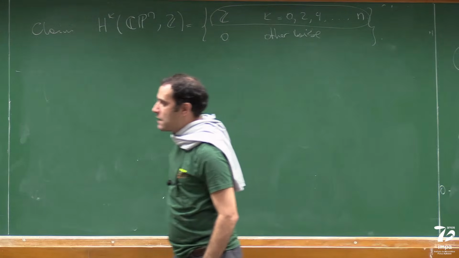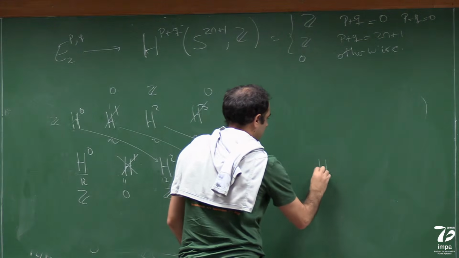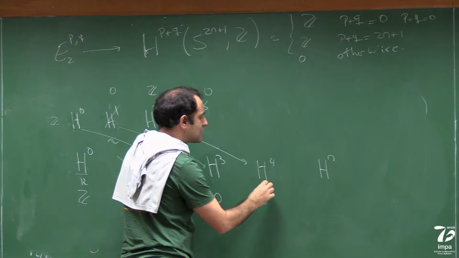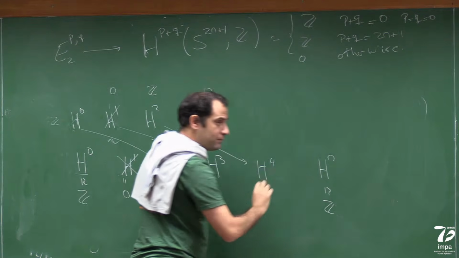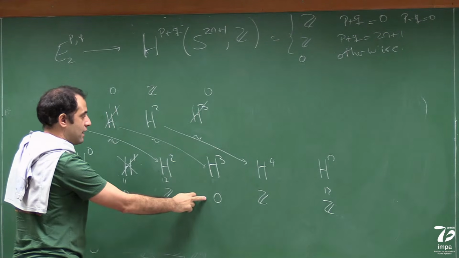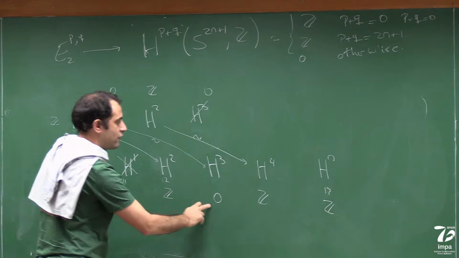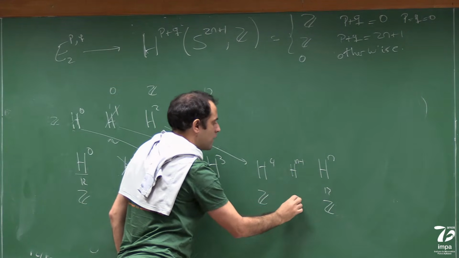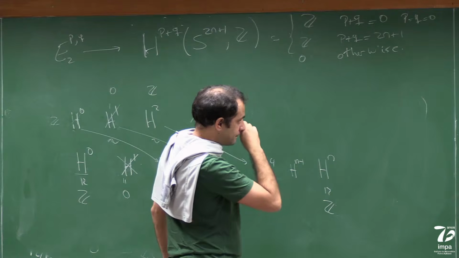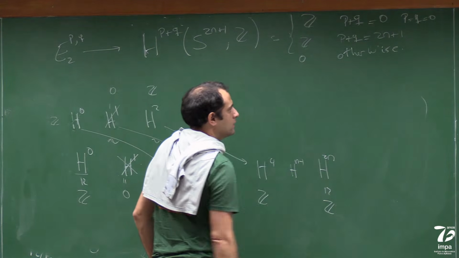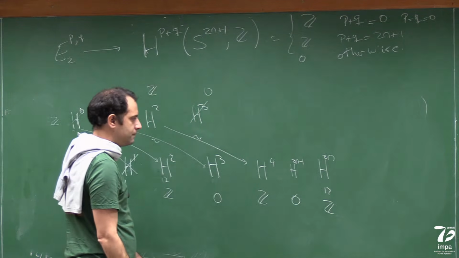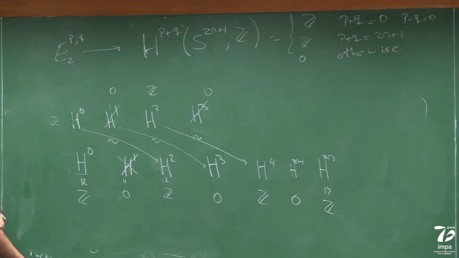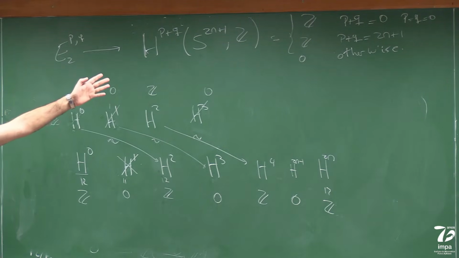Now this stops in degree n. Why? So what we've checked is that we get 0, 0, 0, 0 up to degree n, where we have Z, and before that we have zeros in each one of these guys. Sorry, up to degree 2n, that it stops. And in 2n minus 1, this is 0. And why does it stop afterwards? Well, the dimension is 2n, so it has to stop.